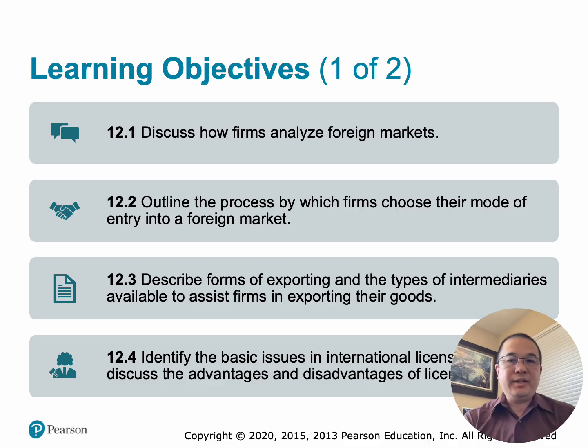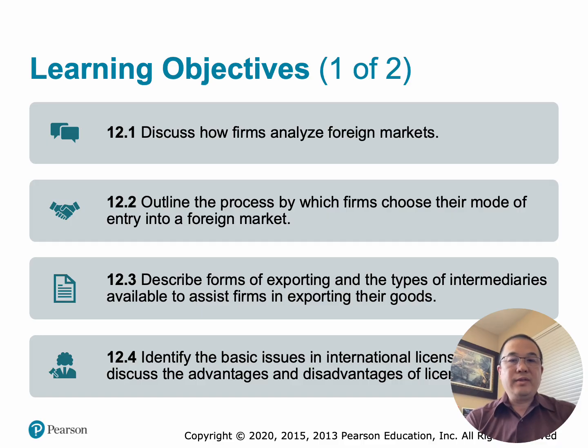This slide introduces the objectives for this chapter. It focuses on how companies evaluate foreign opportunities and choose the best market entry methods. Discuss how firms analyze foreign markets. Before entering another country, firms must determine whether the market is attractive and profitable. Factors that the firms evaluate include the market size and growth potential, economic conditions, political and legal stability, cultural differences, competitive environment, and the infrastructure and logistics.